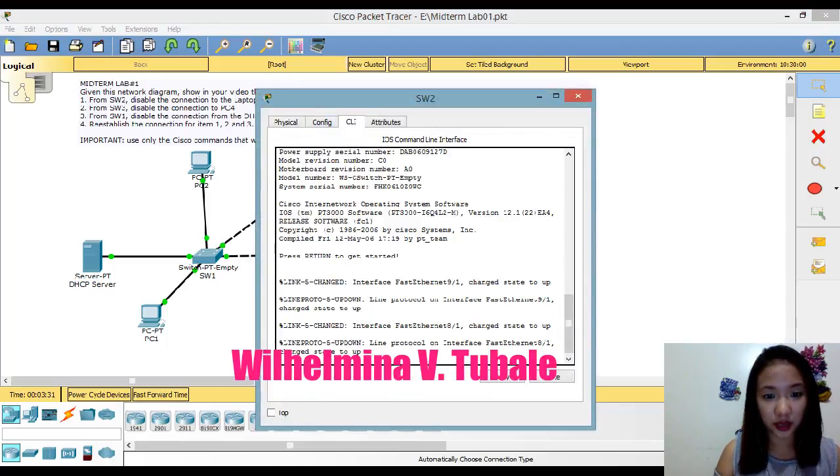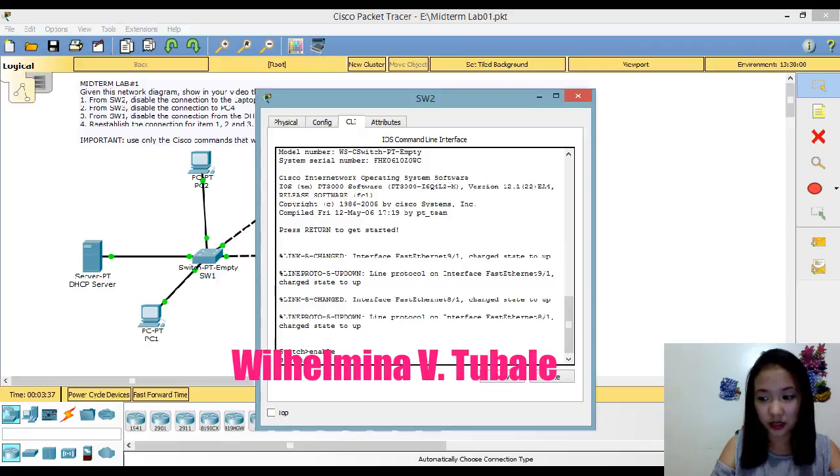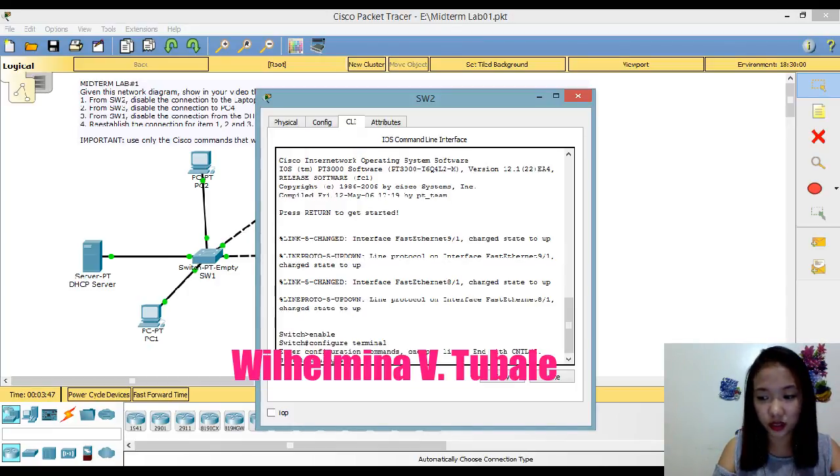Click the CLI and then type enable and then configure terminal. Then after that is the interface fast Ethernet.